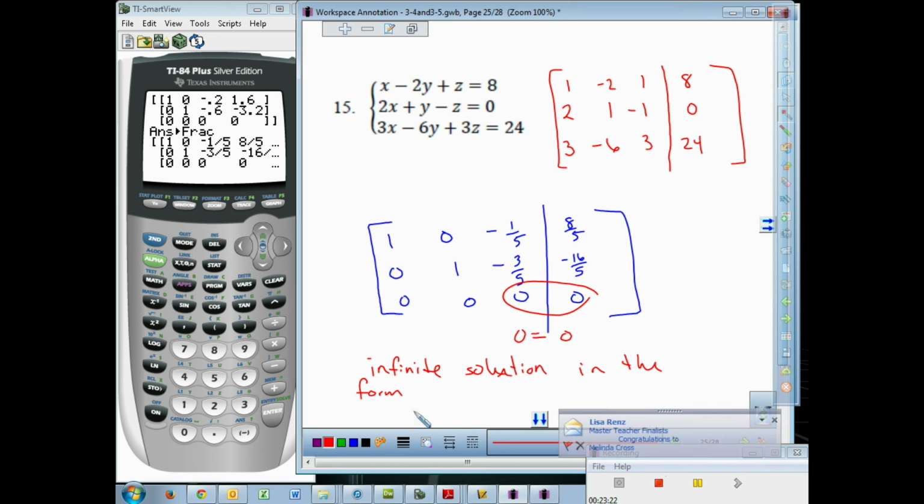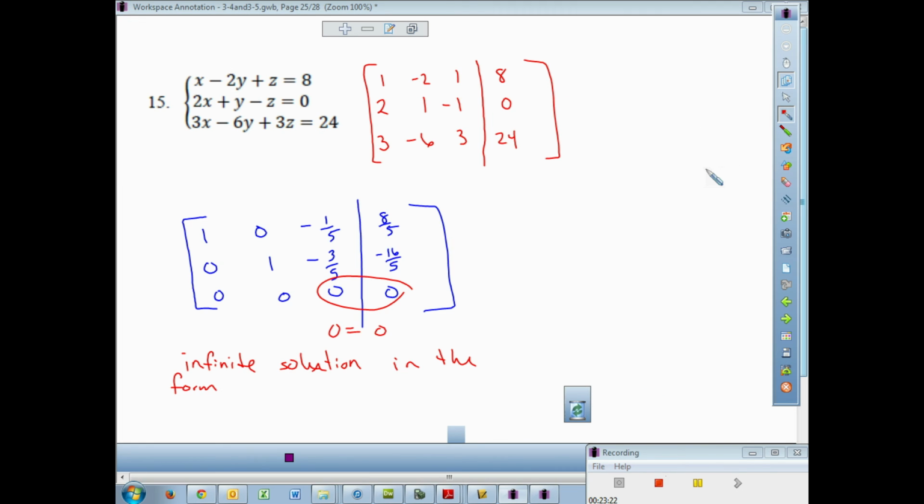Now, check this out. Let me get this in a bigger screen. I want to show you the work, and then let's see if we can learn a shortcut. Infinite solutions is the z situation. Isn't z our third variable? So this last guy is z equals z. Okay? Now, don't write this next thing down. This says, what's this guy right here? Which one is this, x, y, or z? This says y